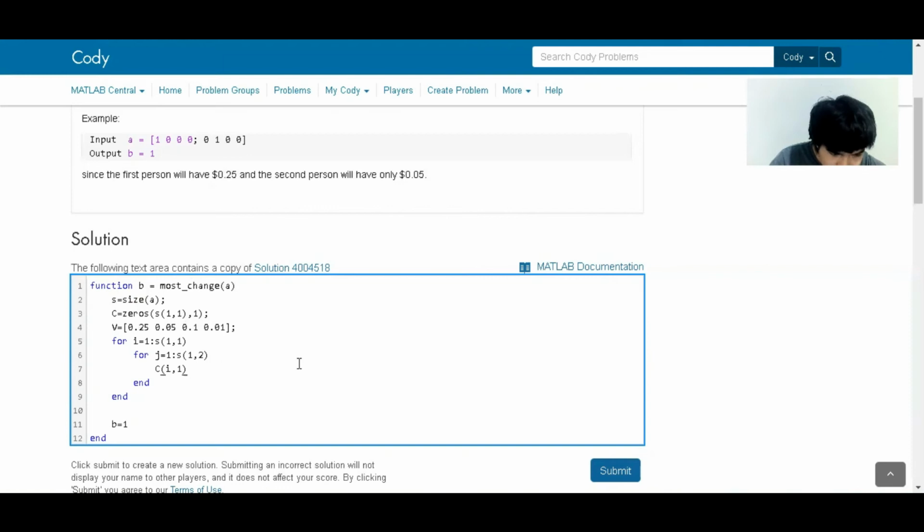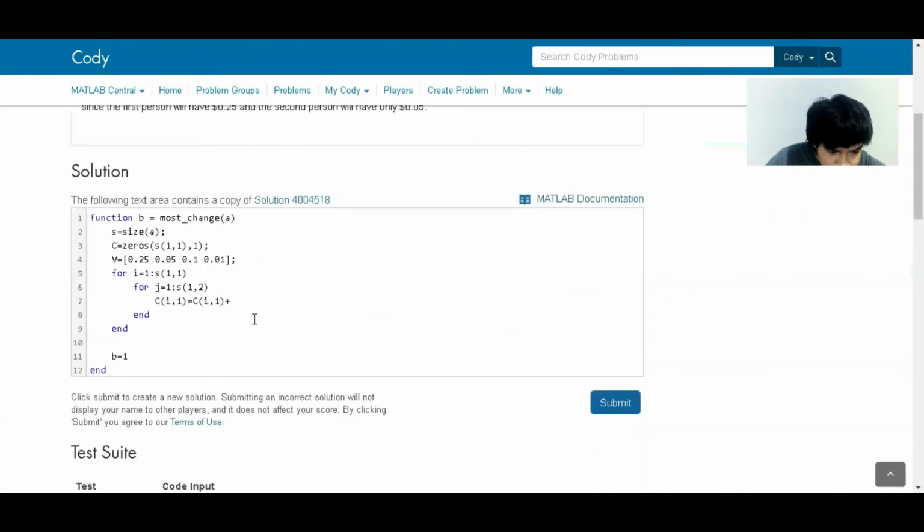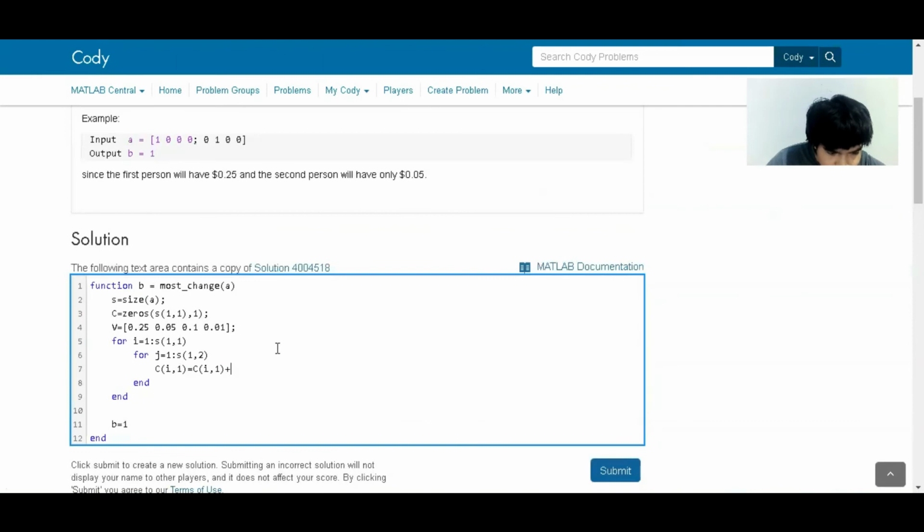So this vector is going to have only one column. We're going to change the value depending on the row we are working right now. That should be the same value plus what are we adding? How much money this person has. So that should be Aij multiplied by the value of each coin. So that should be